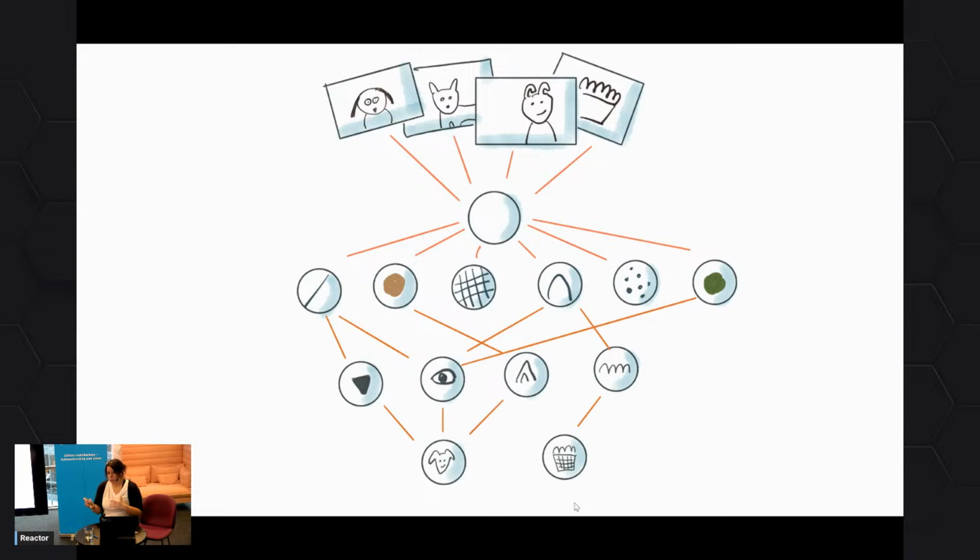Now, a machine learning model does not know anything about ears or noses or eyes or anything, so it will not say, hey, there is an eye in this picture or there is a nose in this picture, but it might have a fuzzy feature that looks a little bit like an eye, and it might say it has, you know, 0.9 of this feature. And eventually, this lower layer is what you use to do the prediction on. Maybe a Chihuahua has a lot of nosiness and a lot of eyiness, whereas a muffin does not have so much of that.